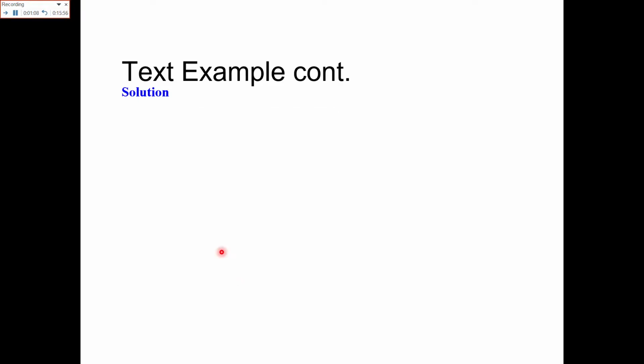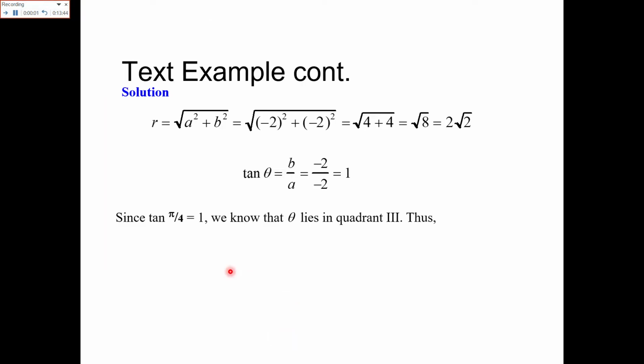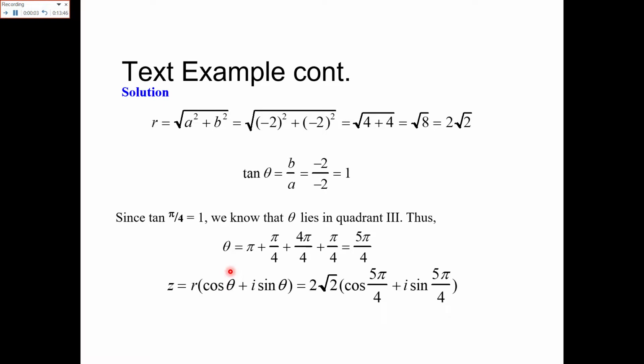Here, when you draw the graph, you will see that you are crossing this, that is pi by 2, that is 90 degrees, and this is again pi by 2, 90 degrees. So this whole becomes 0 to 180, that is pi, and this is basically the angle 45, that is pi by 4. So it becomes pi plus pi by 4, that is 5 pi by 4. This is the angle.